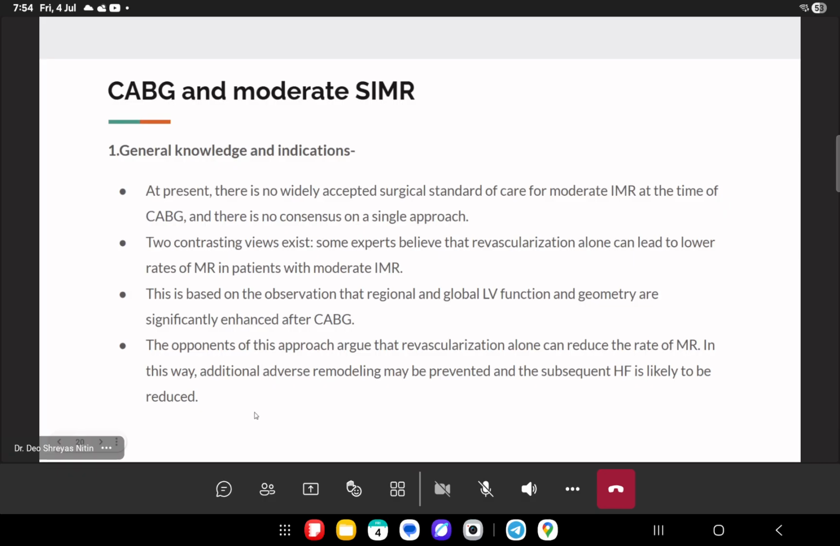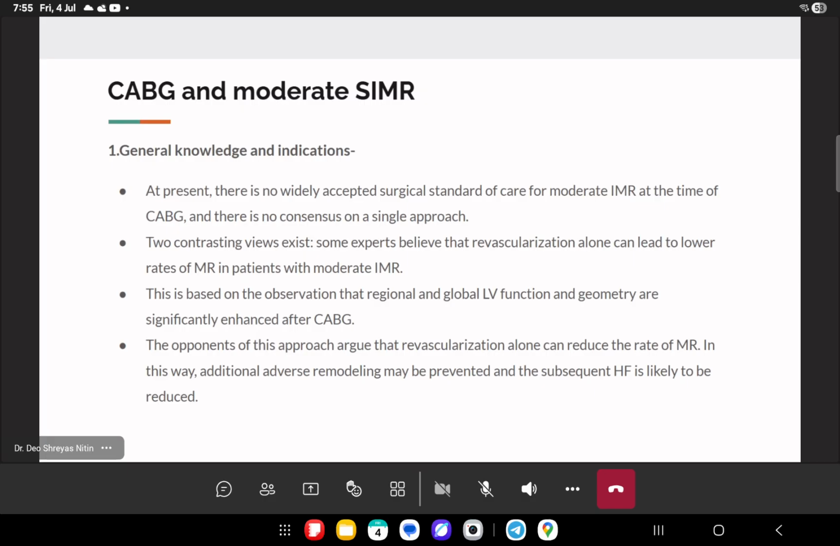CABG and moderate secondary ischemic mitral regurgitation. At present, there is no widely accepted surgical standard of care for moderate ischemic mitral regurgitation at the time of CABG, and there is no consensus on a single approach. Two contrasting views exist. Some experts believe that revascularization alone can lead to lower rates of mitral regurgitation in patients with moderate